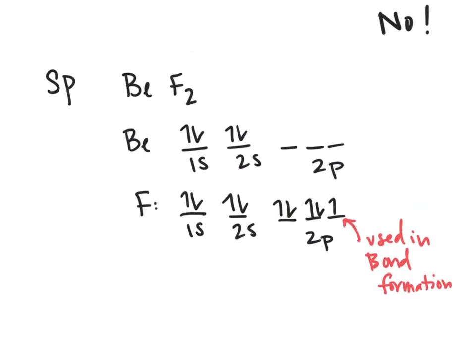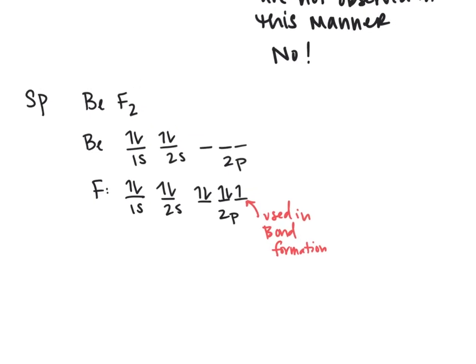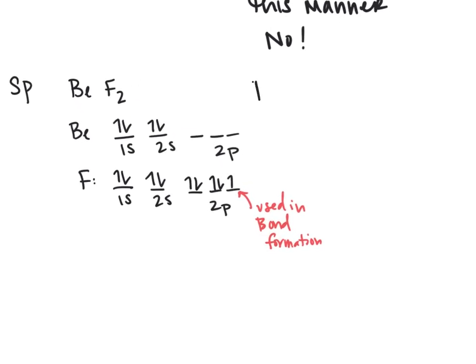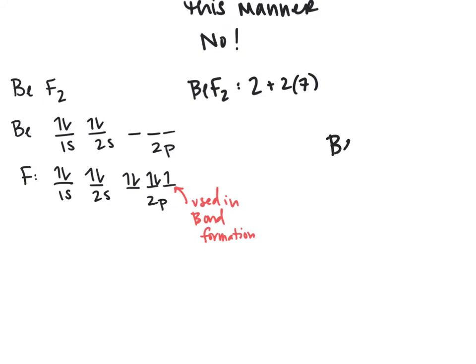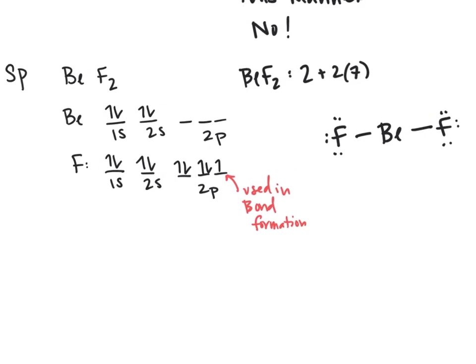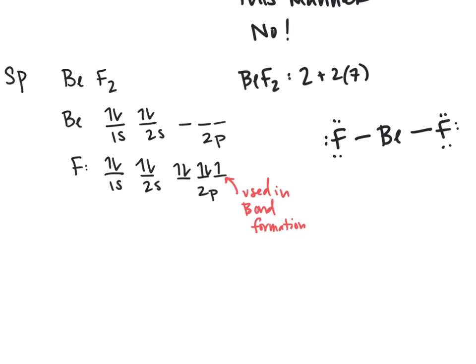Structurally, we know that BeF2 has 2 valence electrons plus 2 times 7. So when we draw a structure, we put Be in the middle. And this is our structure. So Be can violate octet by not having enough. And so when we look at this, we need the ability to mix orbitals in order to create a linear